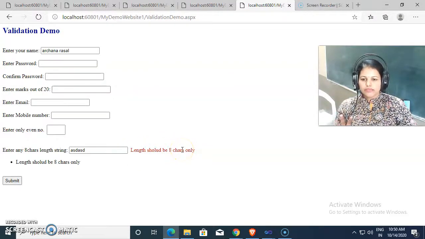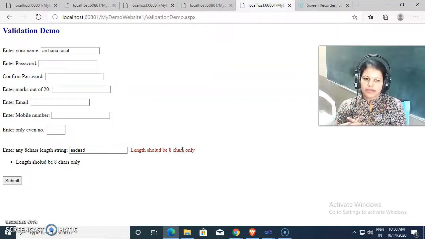So what is the sequence of client side validation and server side validation? If client side validation messages come, then correct all those client side values, and then control goes towards the server side validation. If there are some errors at the client side validation, then server side validation will not be checked, because control doesn't go towards the server side validation when there are errors inside the client side.